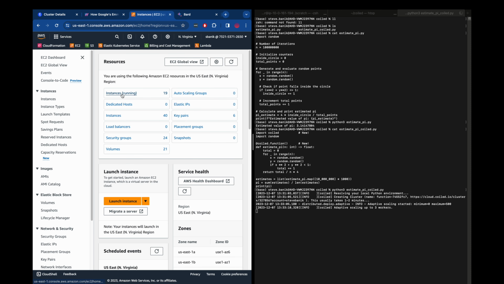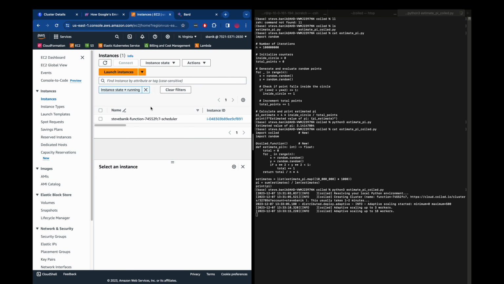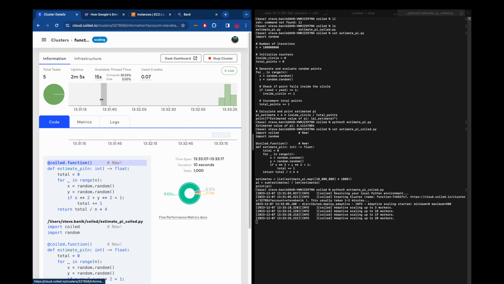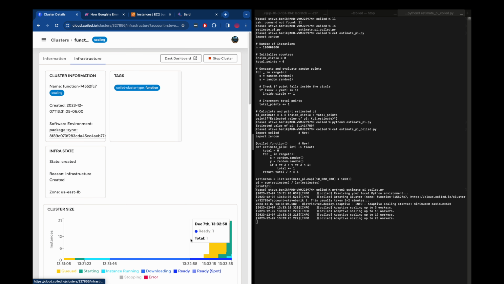You would just lose one node, which makes the other nodes work a little bit harder to get the answers. So think of Hadoop, think of MapReduce and calculating pi in that platform. This is sort of a different way of doing it without having to keep a Hadoop cluster running all the time and having it be idle. So again, we just go to the EC2 dashboard here. We've just got the one instance, but it is starting to scale up, so we should have more instances by now. If we go back to the cluster, we can see over here on the infrastructure tab,